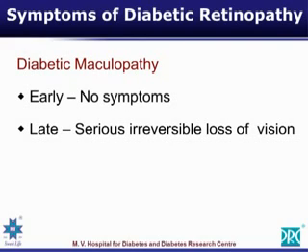In the case of diabetic maculopathy, whatever it might be, early or late, what I will usually say is the patient, an intelligent patient, will be able to find out that his vision has come down, his contrast sensitivity has come down, his adaptability to night vision has come down. Clever patients will be able to tell you that they definitely find that their vision has come down, and once you look into the retina and you are able to see these maculopathic changes, it is high time that they are evaluated further and take the treatment appropriately.